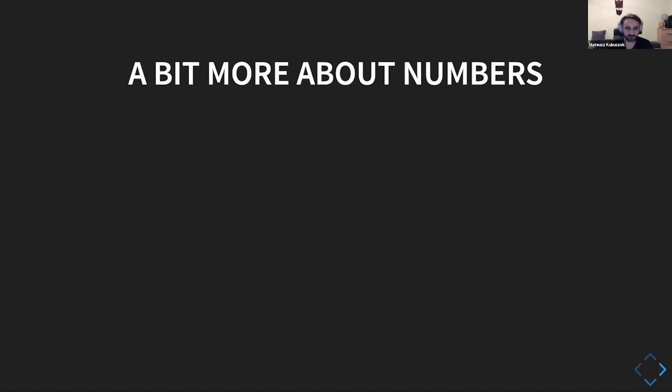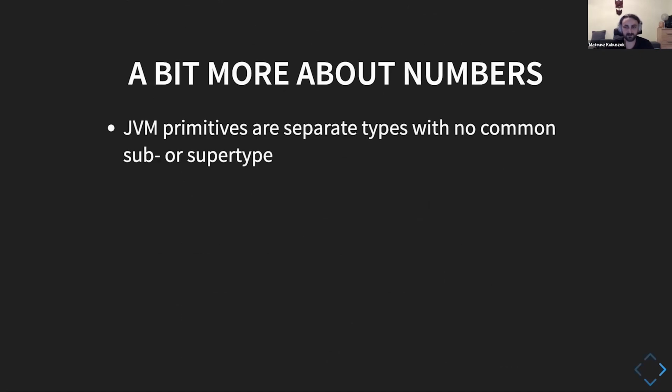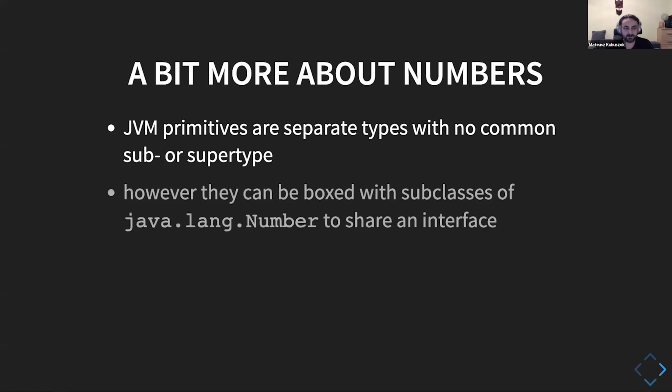So there's a little bit more impact of this distinction with numbers between the JVM and Scala. When we are working with Java, we know that Java can box objects, like we saw a moment ago. There's java.lang.Integer and simply int. So when we are boxing, we could see that